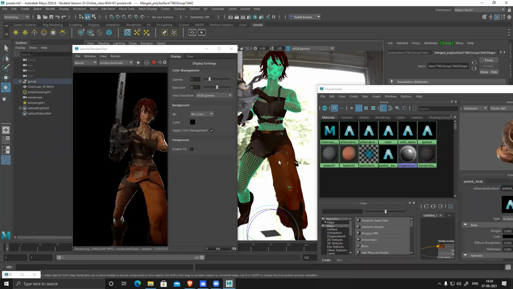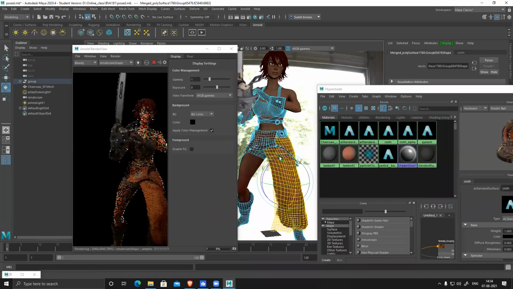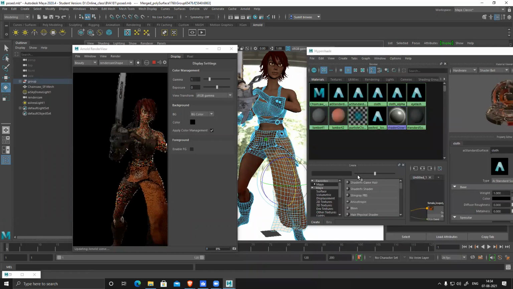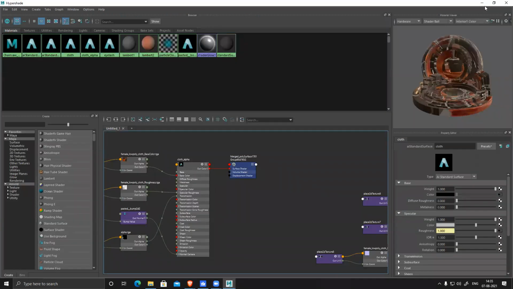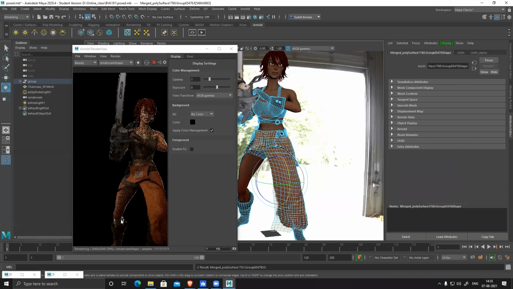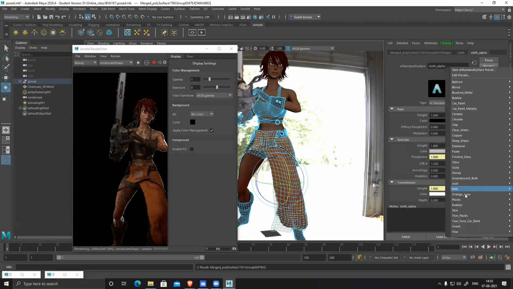Select this, double click and select. This one also I can select and apply this one. Nothing will change here, but for cloth alpha I change this preset to subsurface.